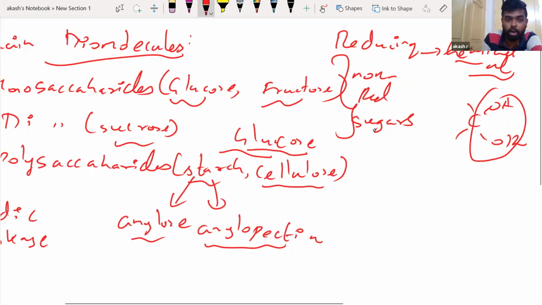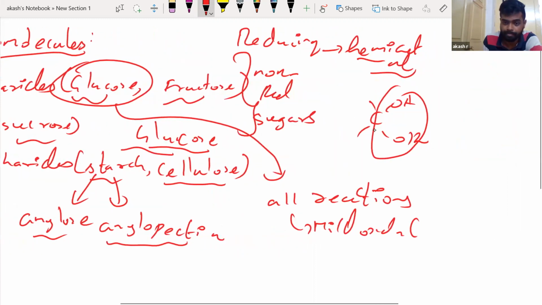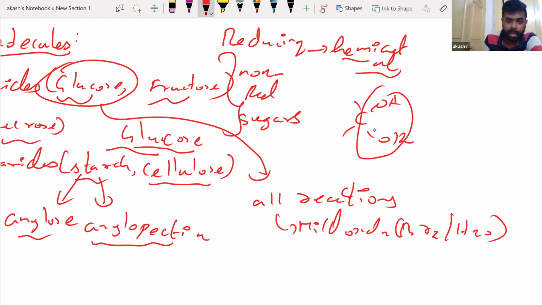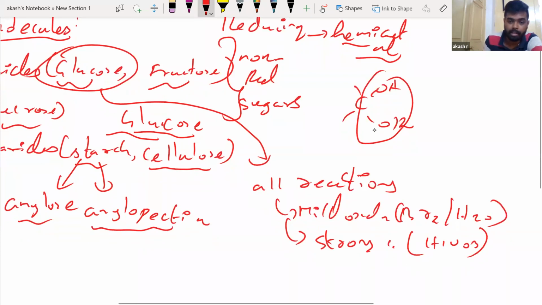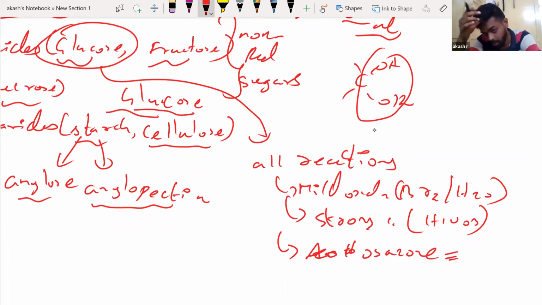Right, and for glucose, you have to know all the reactions. Mild oxidation, that is your bromine water. Right, and you have to know strong oxidation, and that is your HNO3, right? Then I think you will have the ammonia derivatives. I think it is osazone formation, right? Osazone formation, you basically go for phenylhydrazine, you add it to the carbonyl compound, and you're going to get osazone, right? So like this, whatever reactions you have in the book, in your NCERT textbook for glucose alone,